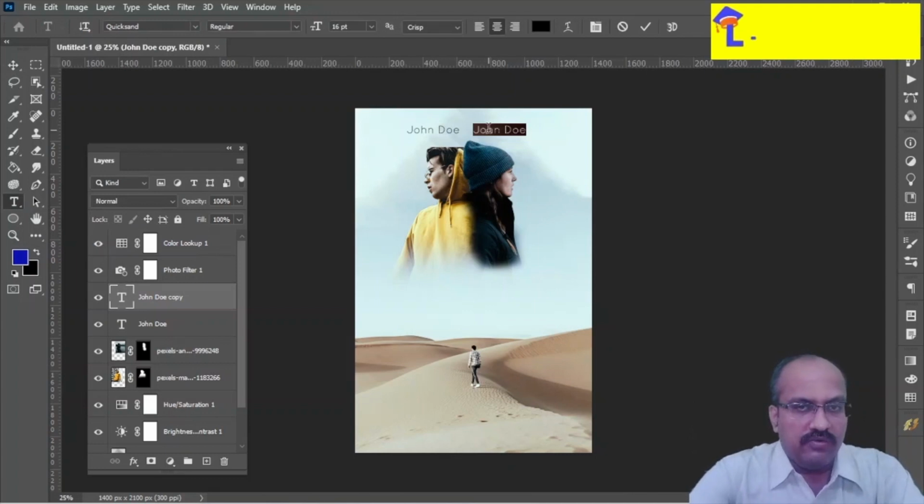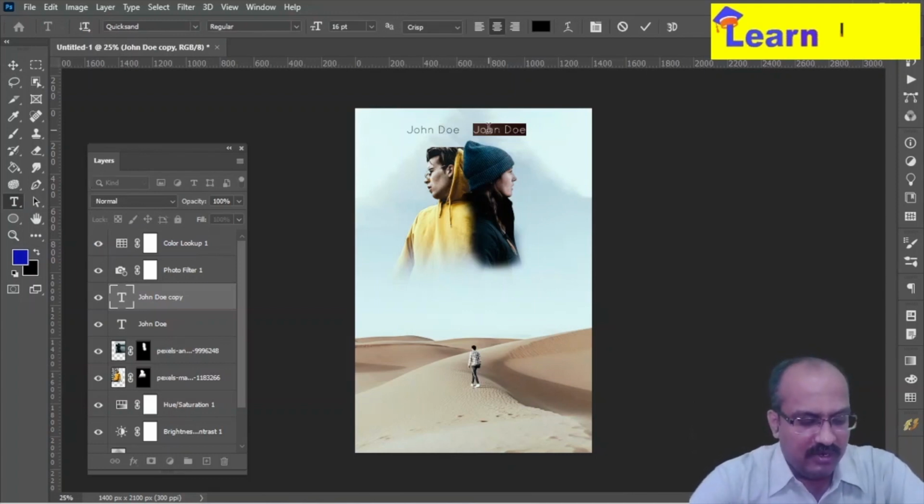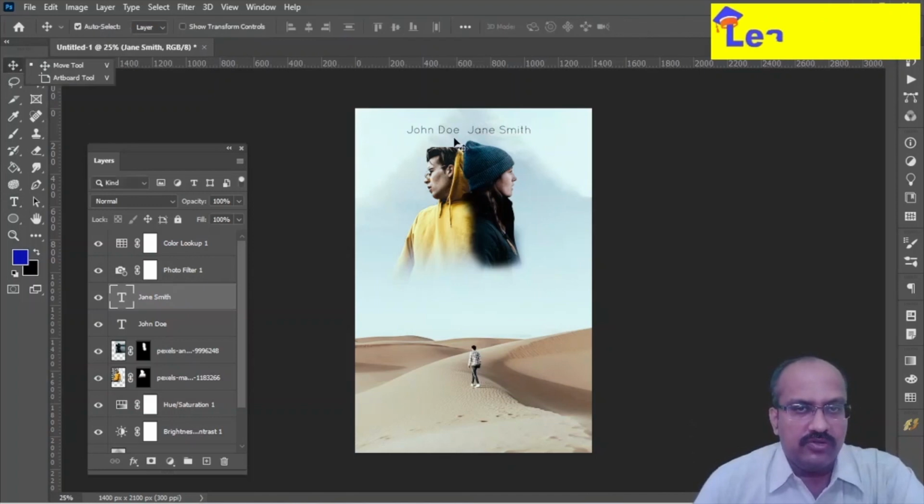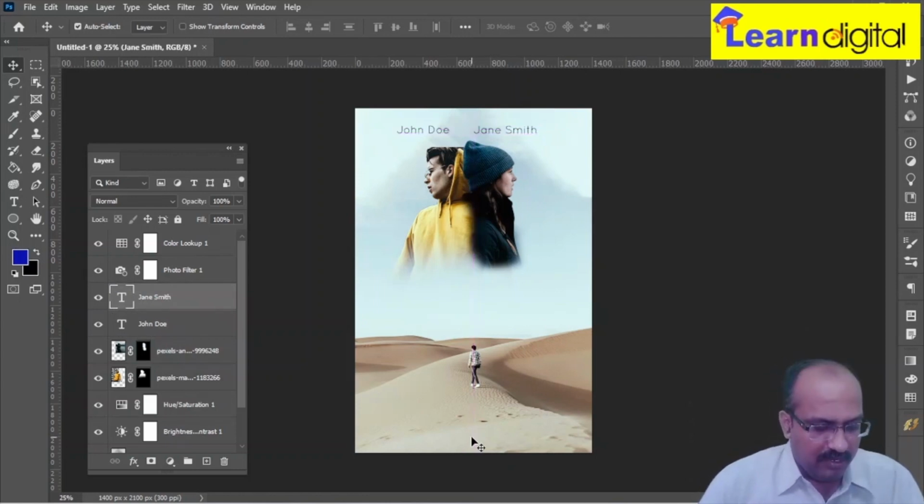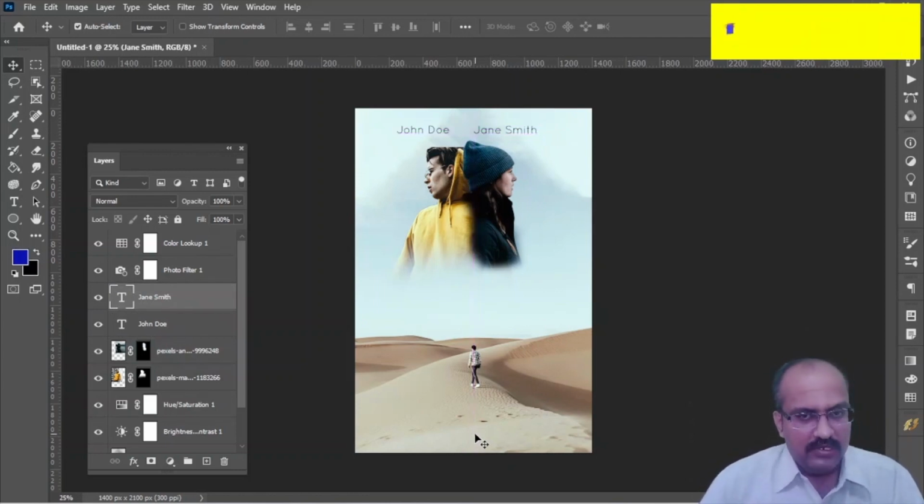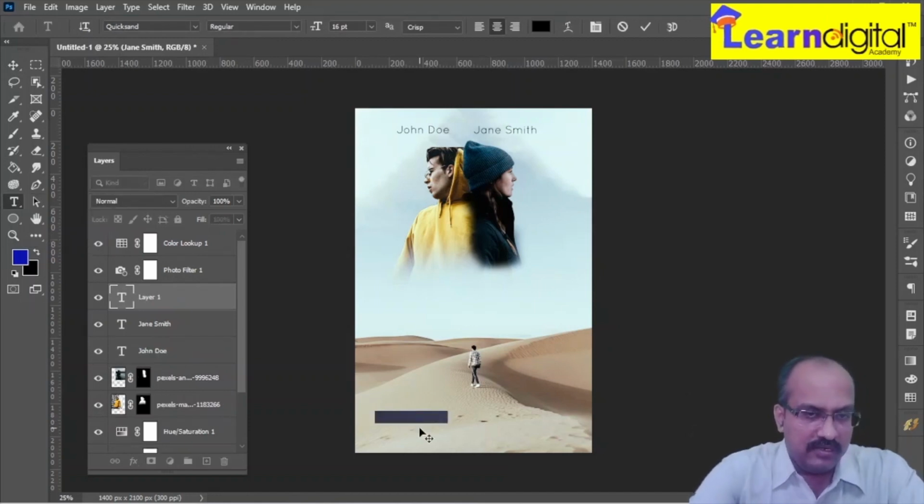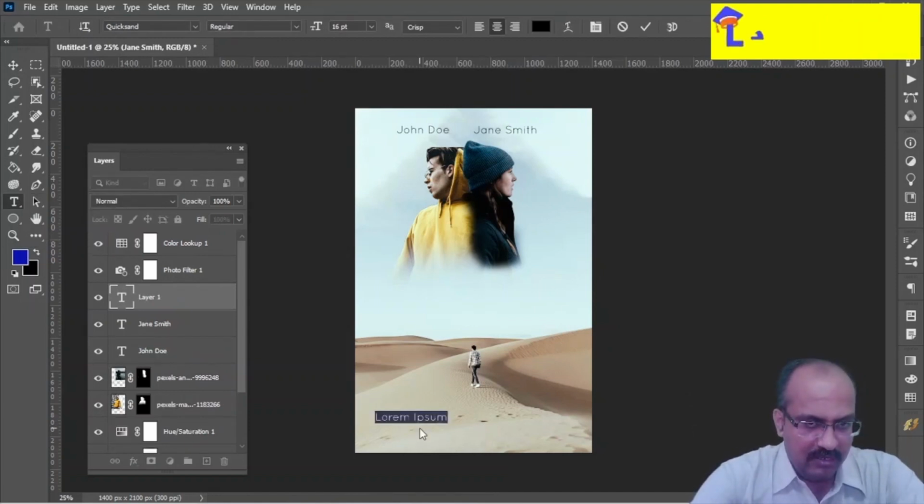Just guys, I want to select my text here. I want to type JANE SMITH. This is like an actor's name. I want to put here John Doe and Jane Smith here. After that, guys, you want to come down. Okay, when you want to come down in the teaser, that time, guys, I want to select my text tool and type here, guys,